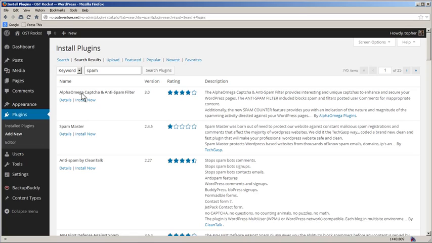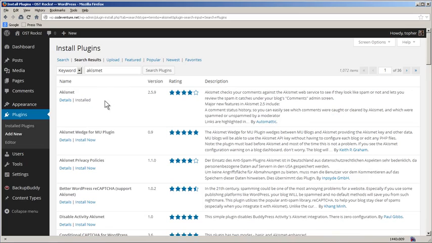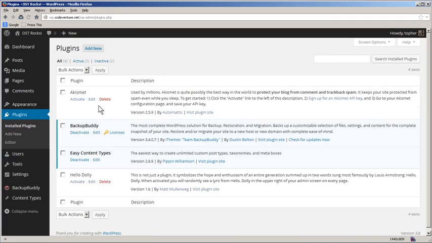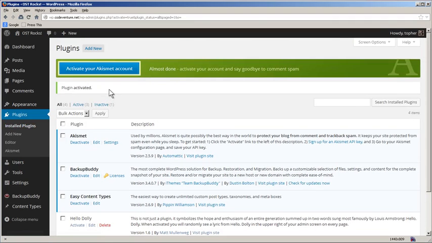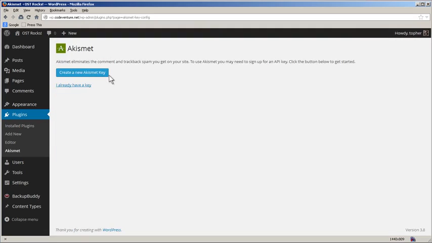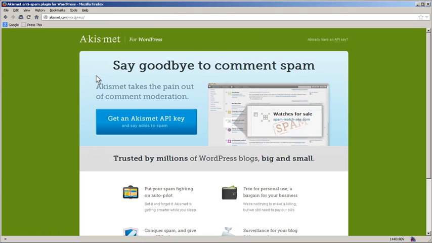My absolute favorite anti-spam plugin is called Akismet. It's here at the top, and we already have it installed. Now, Akismet is also a service. Let's go take a look here. We'll activate it. And now it says you must activate your Akismet account. We'll click that, and now we need to either create a key or use one that we already have. Let's create a new one. And this takes us out to